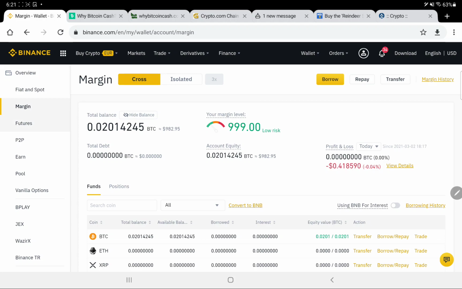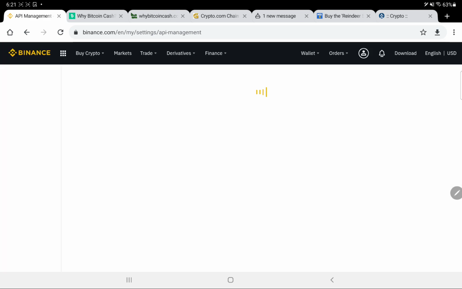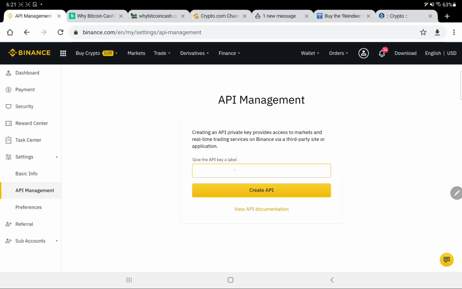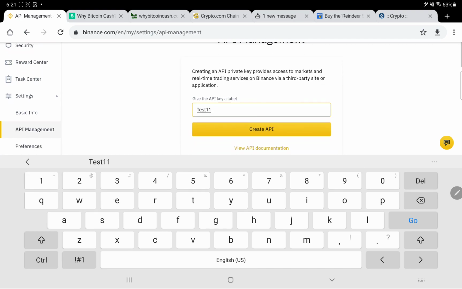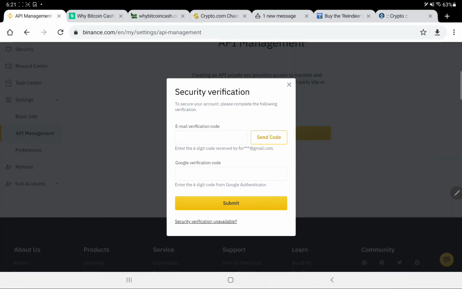So we go with other options. How to transfer, we have already done. So we will again try the API management, and we will click on the enable option which was not available the first time. So we will click test 1 again, and we will create an API. We will send a code to the email.